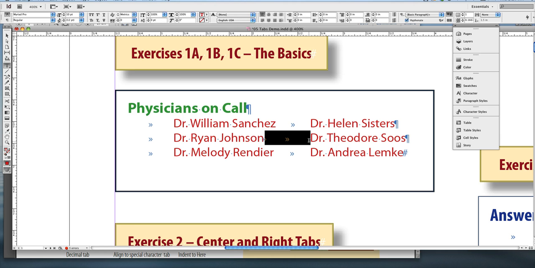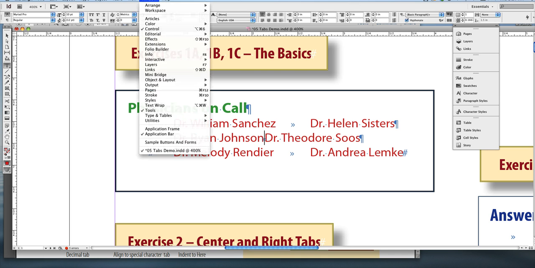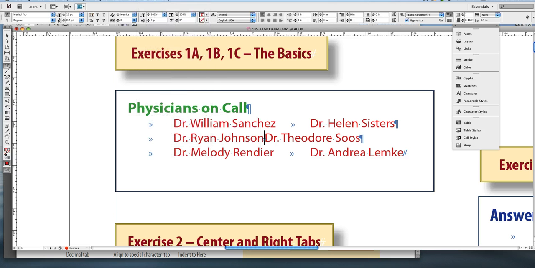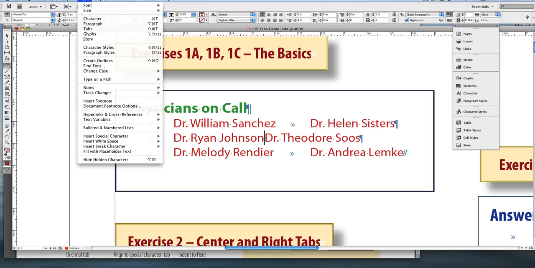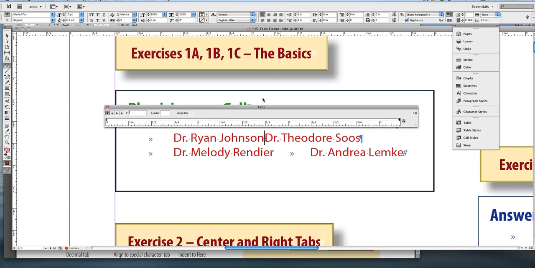So what you should do is just make sure you only have one tab between each set of columns, basically, because what looks like two columns lined up is created with tabs. And then you set this with the tabs panel. To get the tabs panel, it's actually not under the window menu, which I initially went to. I went to look under type and tables. It's under the menu option called type. There's a lot of specific options just for type, and tabs is there. It's like the fifth one down, and there's the shortcut for it, Shift Command T, or Shift Control T if you have a PC. So then you just select that, and then it pulls up this tab menu option, which